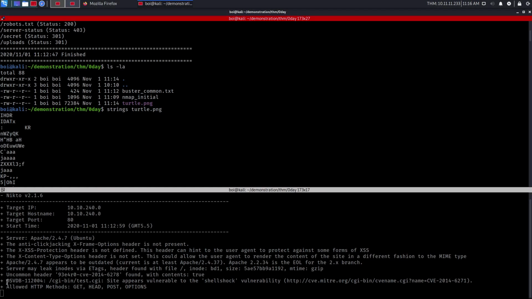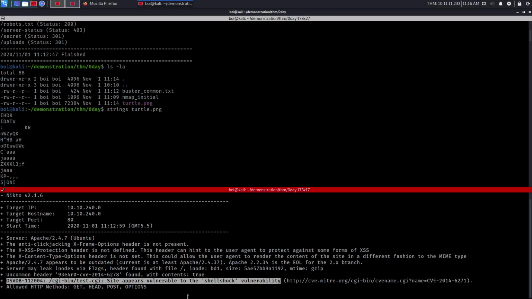But it looks like the Nikto scan has found something important. It is saying that the cgi-bin/test.cgi site appears to be vulnerable to the Shellshock vulnerability. So Shellshock was discovered in 2014 and was a huge security bug causing Bash to execute commands from environment variables. This vulnerability basically allowed attackers to issue commands to the server and the server would execute them. So in a way, they could get the server to do anything, even reach out to the attacker itself and do any kind of malicious stuff. Okay, so this is interesting. We most probably can use this to exploit this box. You can read about Shellshock. I'll share the link below.